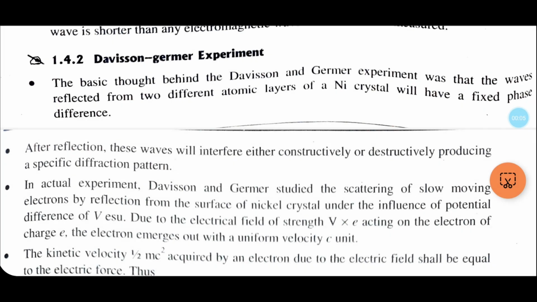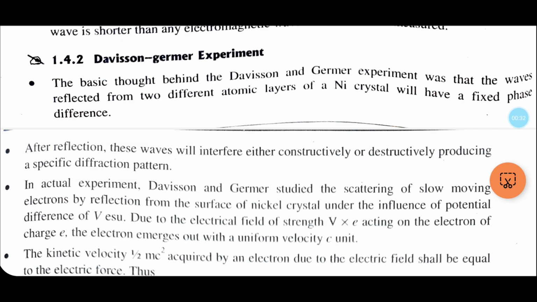Hello students. Now let us see the Davisson-Germer experiment, and this experiment is useful to study the atomic structure and the spectrum of the hydrogen atom. It is also related to the explanation of the wavelength. Now in this experiment the basic thought is that